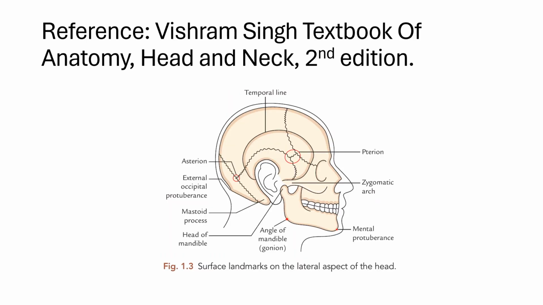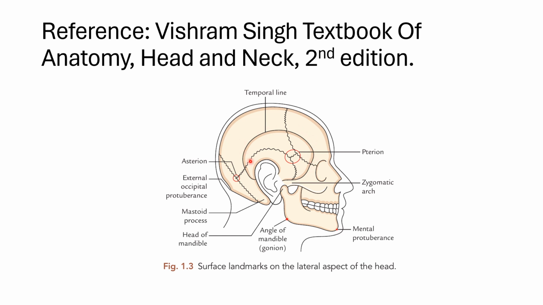Now let's see. I said that there is a specific point in the temporal region where you have to make a burr hole. That is the point where all the sutures of the adjacent bones of the skull are meeting. So this is the pterion. The pterion is the place where you can make a burr hole. If that is not possible, it depends on the neurologist where he wants to get the approach of which part of the brain. So this is the asterion, where which bones are meeting you should know from your osteology. So pterion, this is the asterion, and you see on the temporal, this is the temporal line.